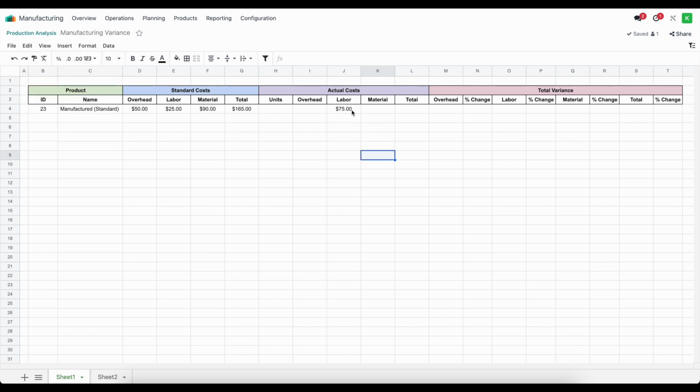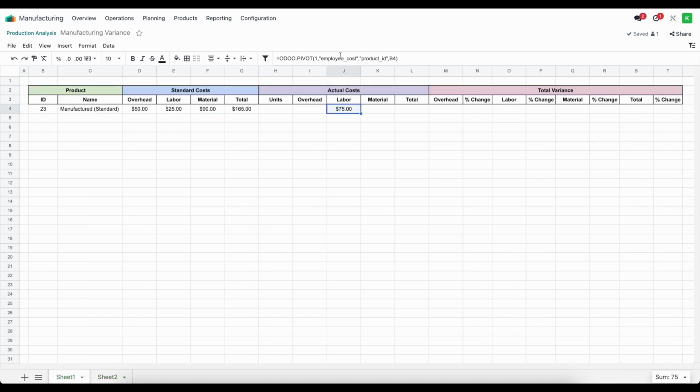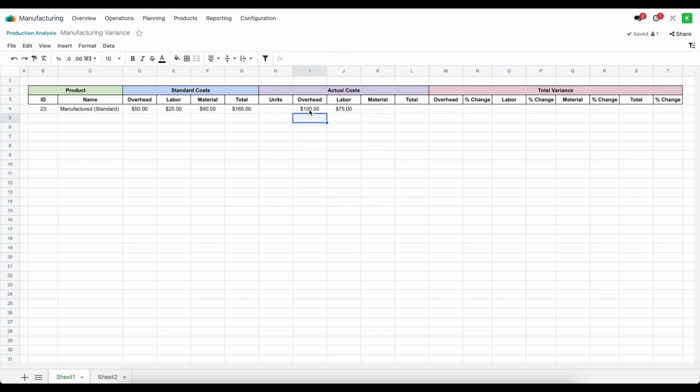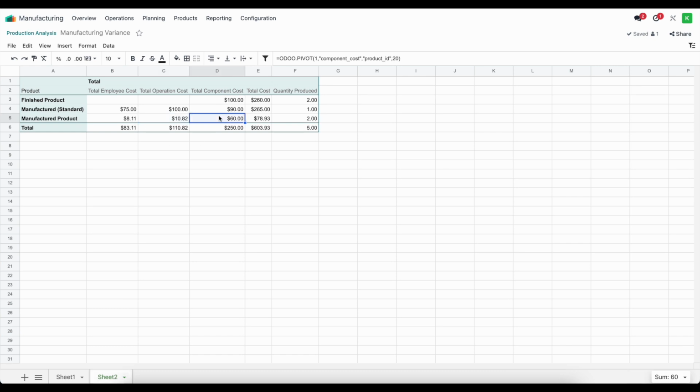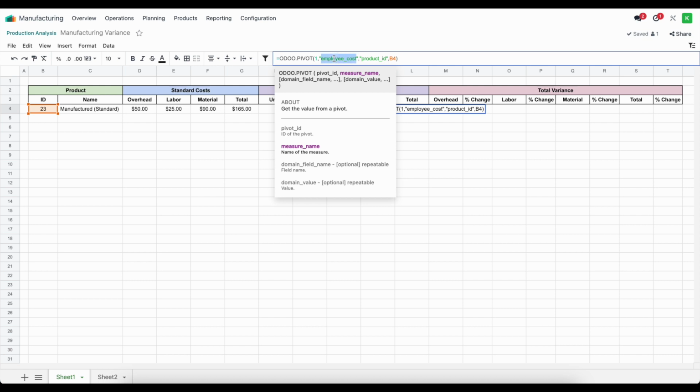All right, so we'll just leave it like that. We have before referencing here. We have our employee cost, and we're looking at product ID. So the next one here is operation cost. So I can just take this formula, go to overhead, and replace this with operation cost, which is $100. And last, we need material, which is referenced as component cost. So we'll just paste this in, and we'll do component